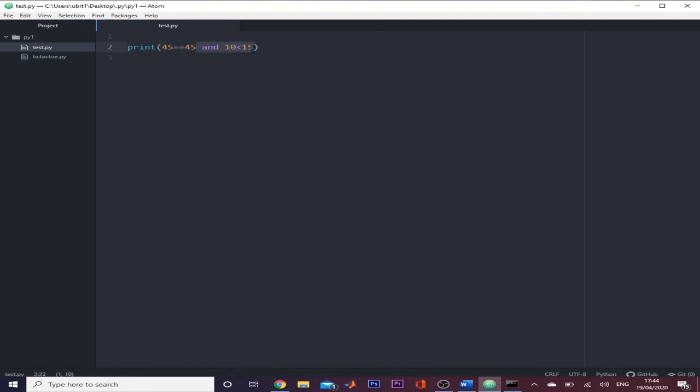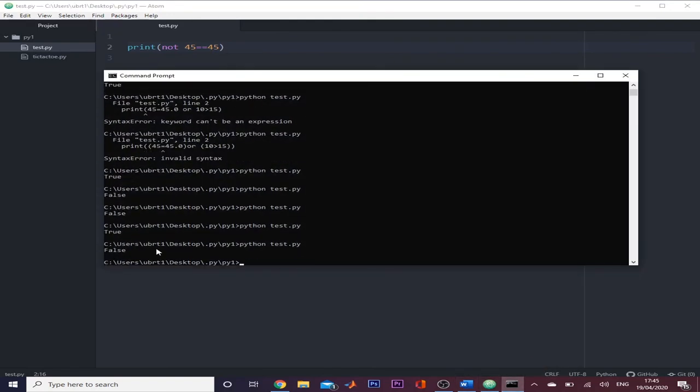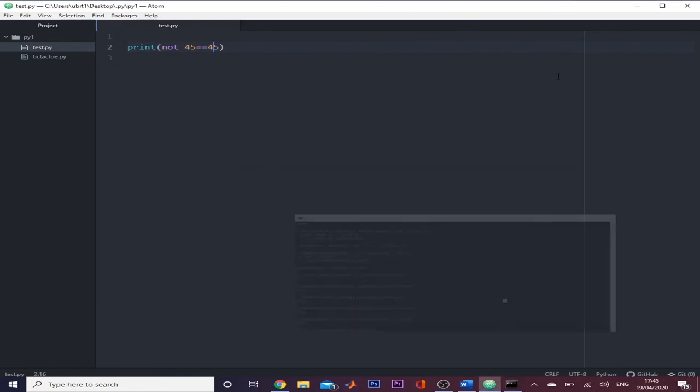Now coming to the last logical operator, that is NOT. So now if I use here NOT, what it means is that we all know that this is true, but the print statement will give us false because we are taking the complement of the answer. So it is false here. So in the next video, when we see if conditions, we will see logical operators and comparison operators to be very useful in our code.